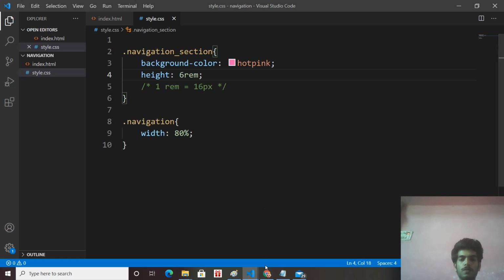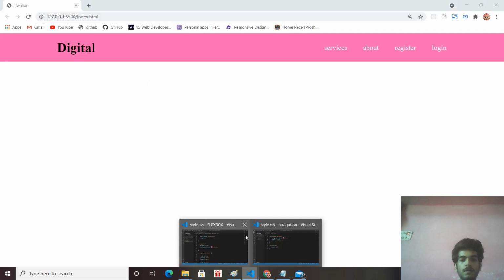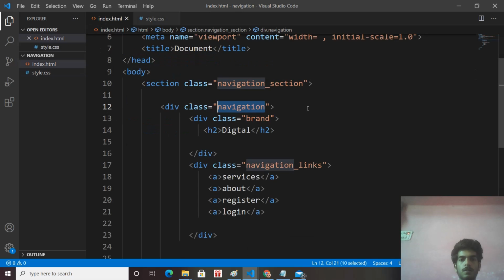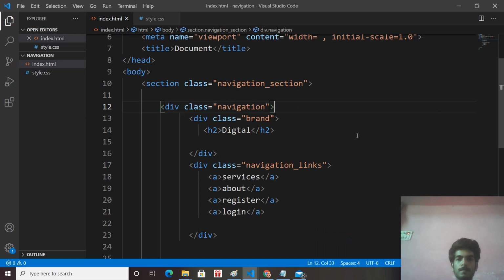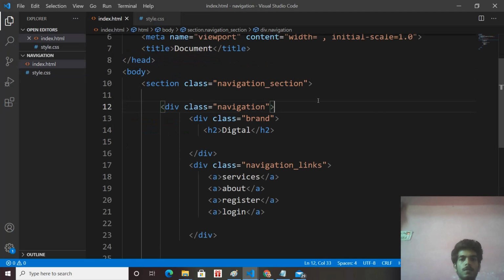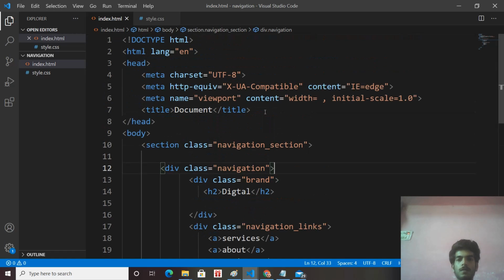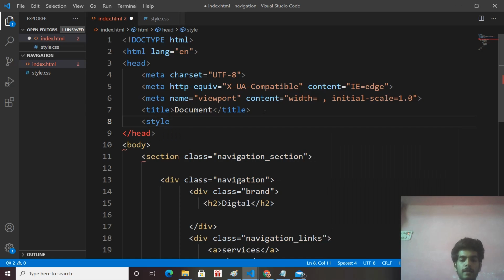Okay, so let me show you how it looks on the screen. Okay, so link the style sheet so that the color takes effect on the page.